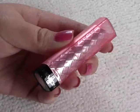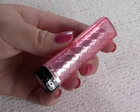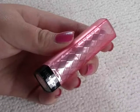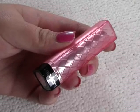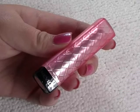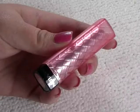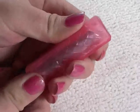Now, I'm not going to lie, my general thought of this is that they're not revolutionary. They're not something that's amazing and totally different to anything else, as there's loads of other things out there. I think that this item is a little bit overhyped. I have bought another colour which is Tutti Frutti and I'm not really that keen on it, but this one is Strawberry Shortcake. If I take off the lid,